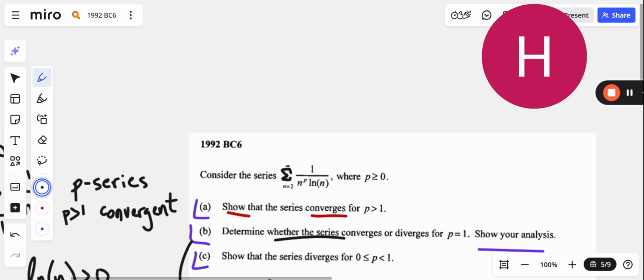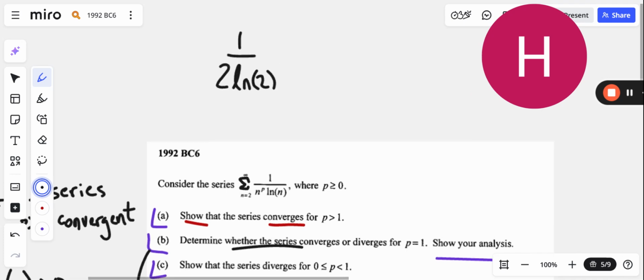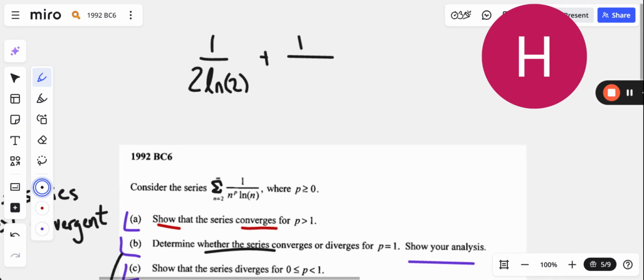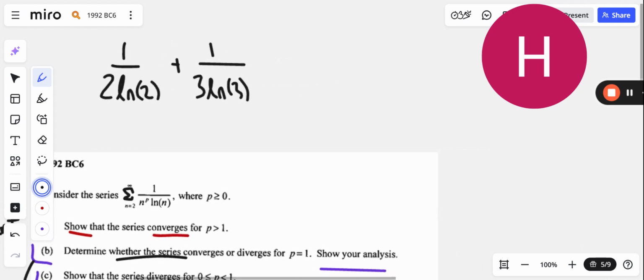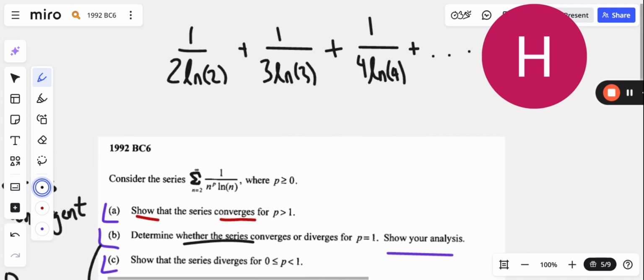Let's think about that. If we have 1 over 2, oh, sorry, that's where you start: 1 over 2 ln of 2, plus 1 over 3 ln of 3, plus 1 over 4 ln of 4, right? That's the series that we're given